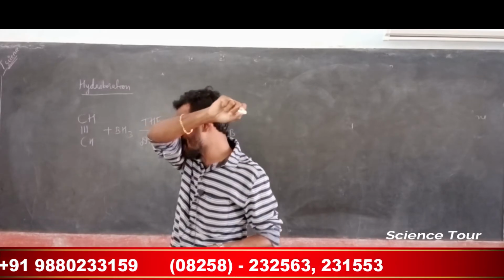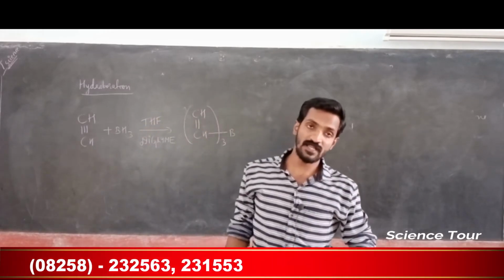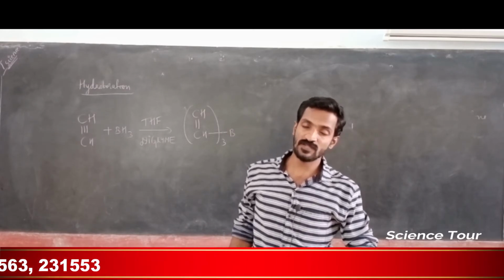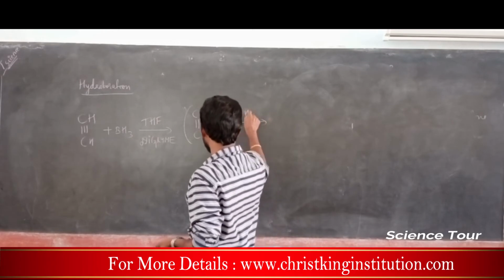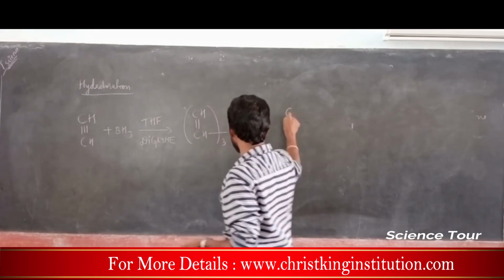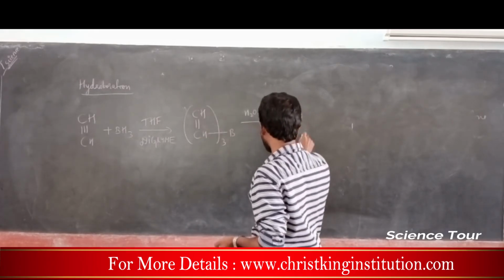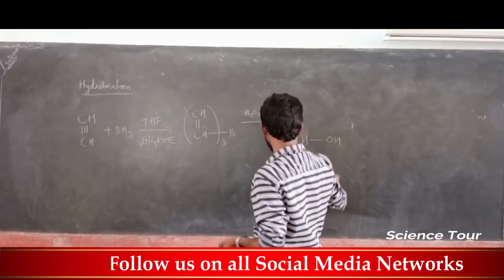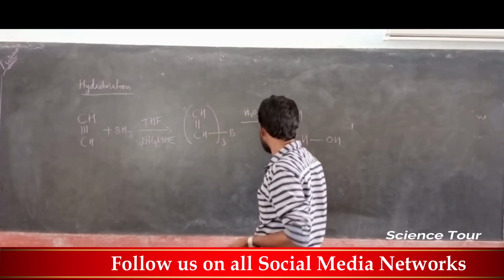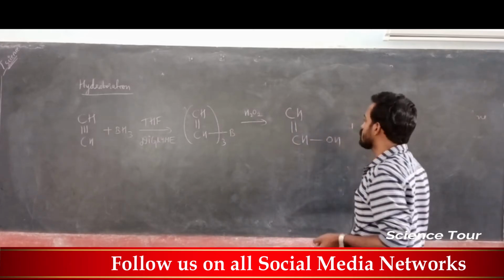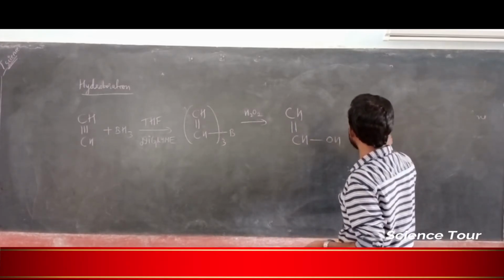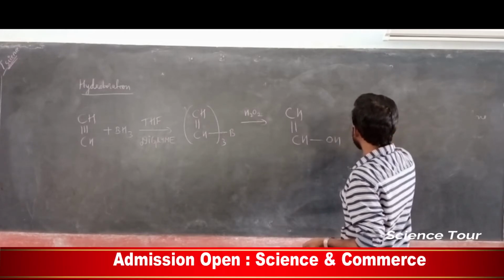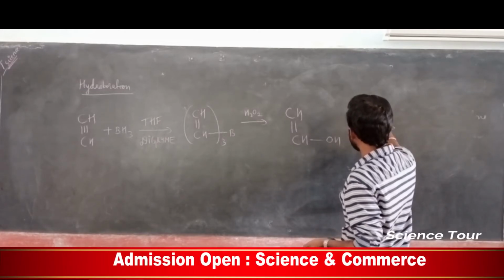The same reaction takes place. That mechanism I explained in hydroboration of alkene. Go through that mechanism and again it is treated with the hydrogen peroxide, my dear students. It gives CH double bond CHOH. Okay, this product forms. This will undergo tautomerism. Tautomerism means you can reverse this process. Tautomerism, I will show you.